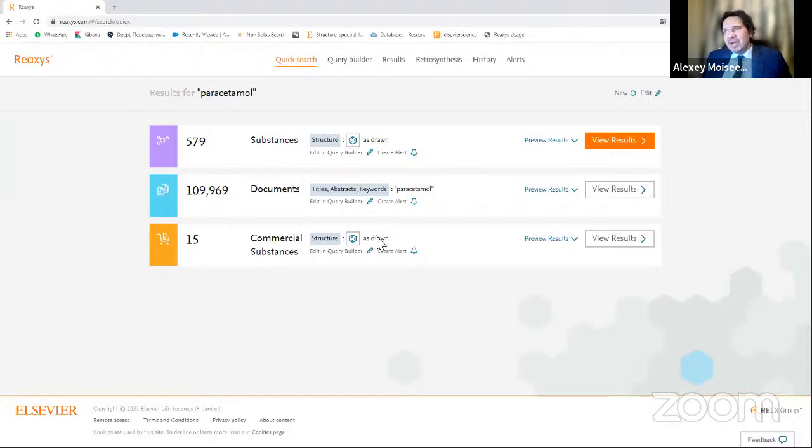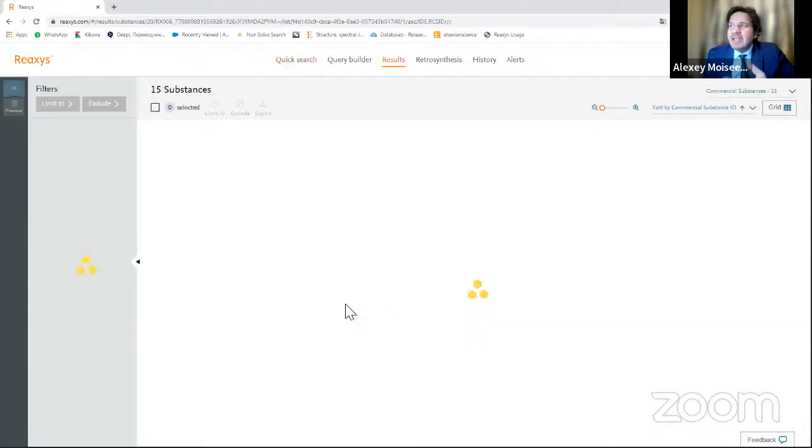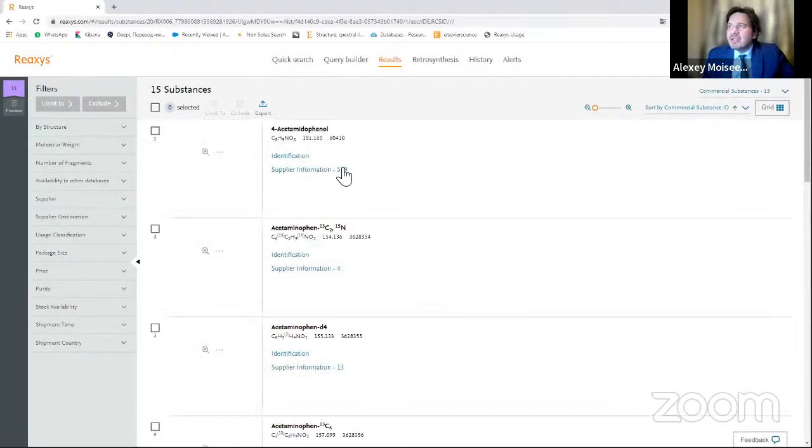Why do we have this commercial substances database in Reaxys? Before you start any experiment with a substance or material, you need to obtain it. You need to get it somehow from somewhere, and you can do it several ways. You can make a synthesis on your own to create this substance or material, but sometimes it's very costly and takes time. You also need to find some building blocks, and for building blocks, in any case, you need commercial information.